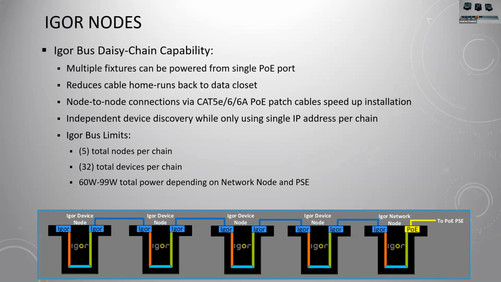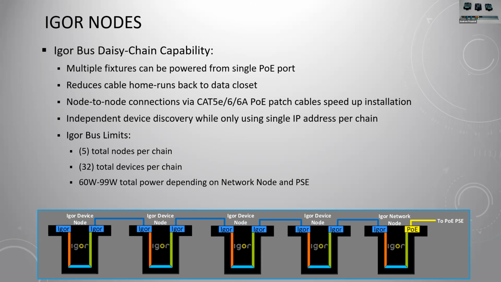Okay, so talking about some more high-level things about Igor nodes. At the beginning of the presentation, I mentioned our daisy chain capability, and that we could do up to 5 nodes, or it's really recommended that you limit your daisy chains to 5 nodes. In a typical installation scenario, especially if you're powering lights, you're going to run out of PoE power long before you hit this 5 node limit. 2 node and 3 node daisy chains are fairly common, but 4 and 5 node daisy